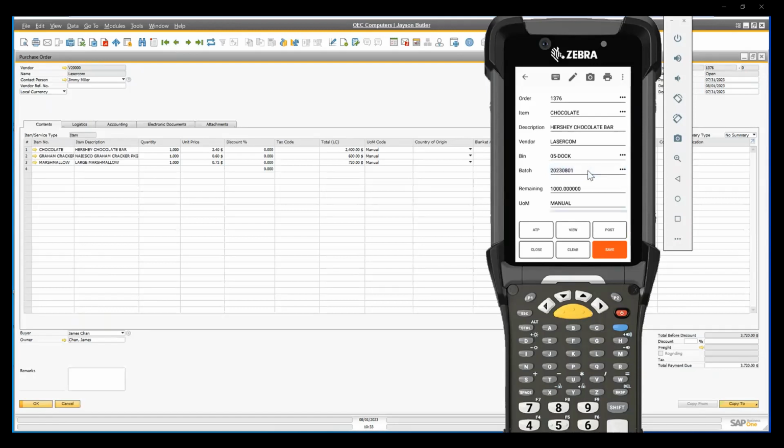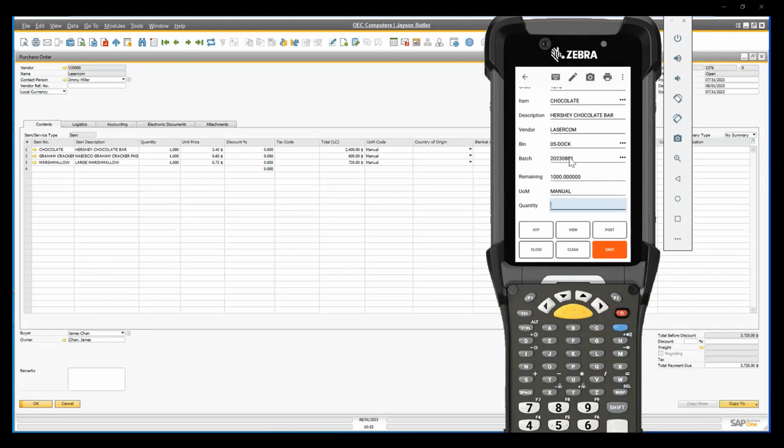So I'm going to scan that batch number, which I have here as 2023-0801. So that's today's date. I have 1,000 remaining. We do handle all units of measure based on the item master in SAP. And I do have a default bin or location that I'm going to be receiving to today. Today, I'd like to get this off the truck. I'd like to put this in a default area, and then we're going to put these away as we go. So I'm going to receive all 1,000 pieces to the dock,